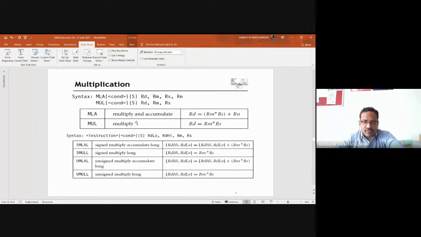Okay, you need to remember, when you are multiplying two 32-bit numbers, you may get a 64-bit result. This multiply instruction will only store the lower 32-bit value in Rd, the destination register. That you need to remember. Okay, so next,